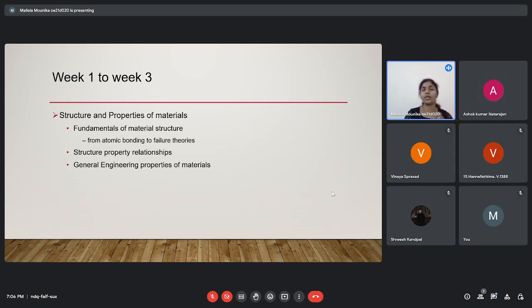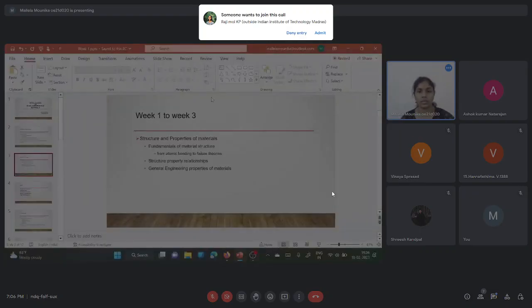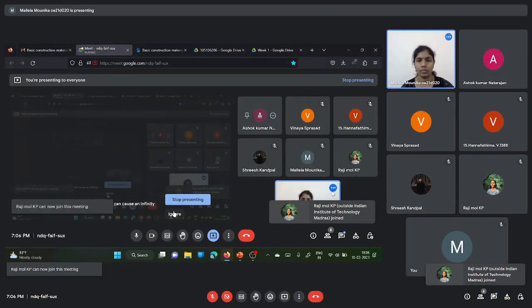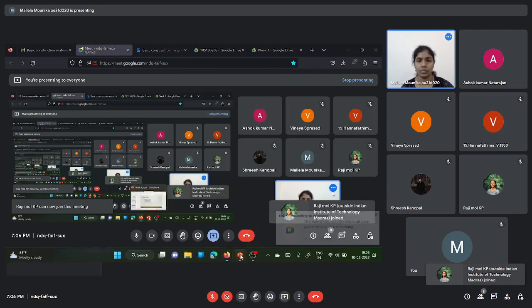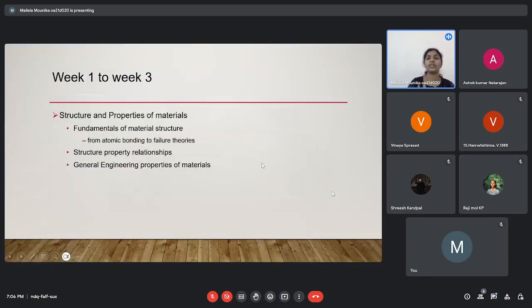So, this is a 12-week course, right? From first week till third week, we will be dealing with structure and properties of the material. The rest of the topics which are included in the structure and properties of the materials are like fundamentals of the